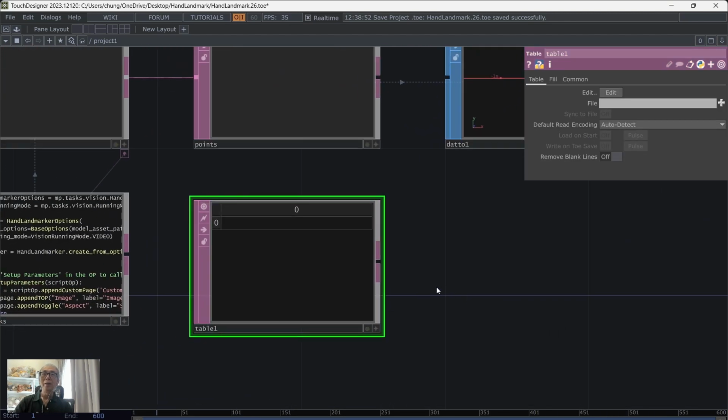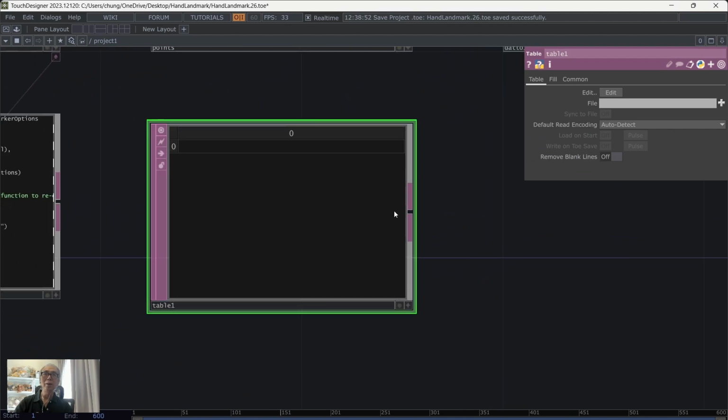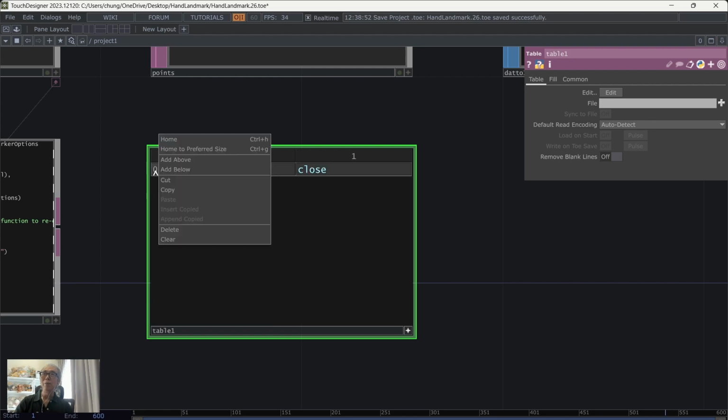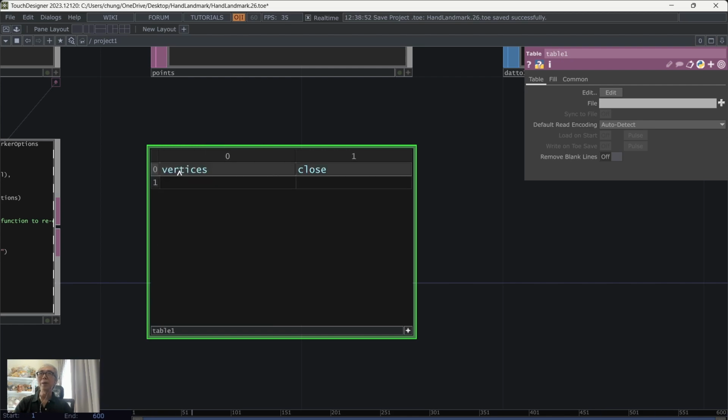And then you can click on the Viewer Active buttons around here to insert another column. The first column is called vertexes. The second column is called close. You can also click on the row number to insert a number of rows around here. So for example, if you want to